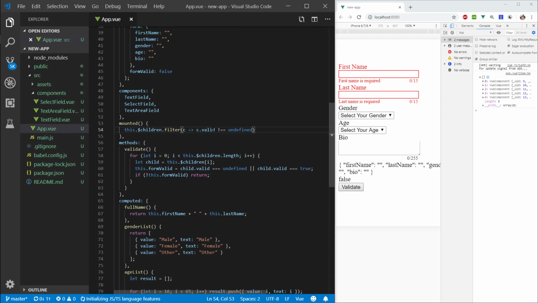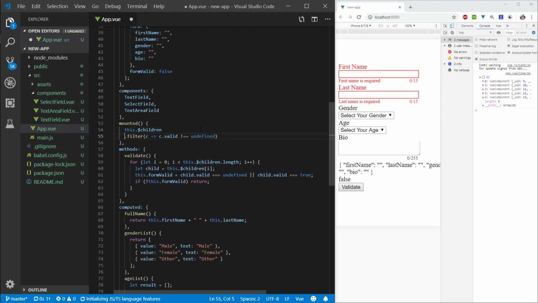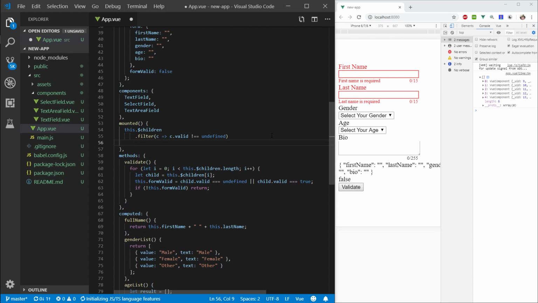So everywhere where valid is anything but undefined, we want to keep those. Essentially saying valid has to be some sort of a value, like it has to be present. So at this point we will have first these two fields. Let's go ahead and continue. For each of these fields,